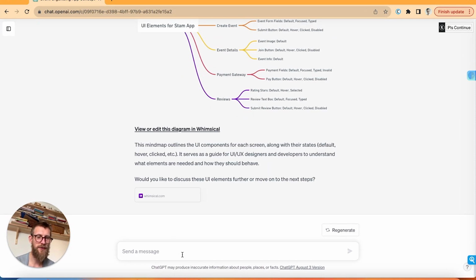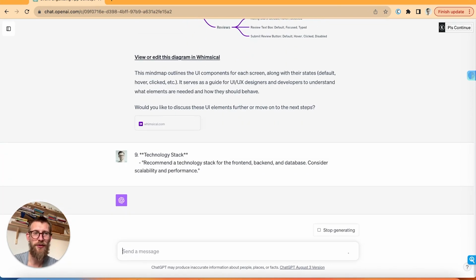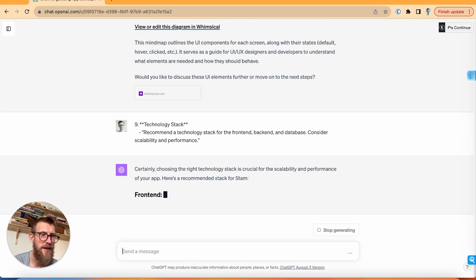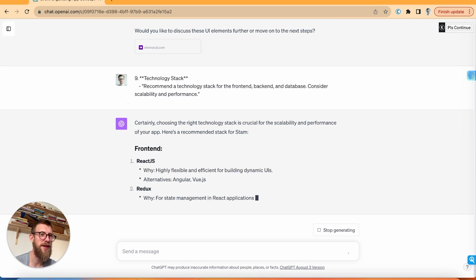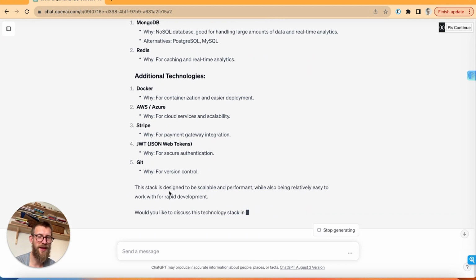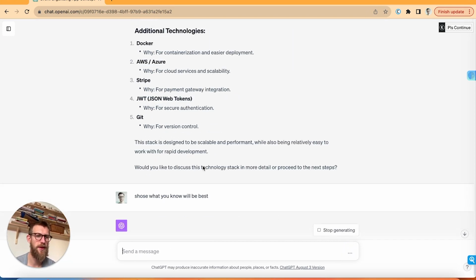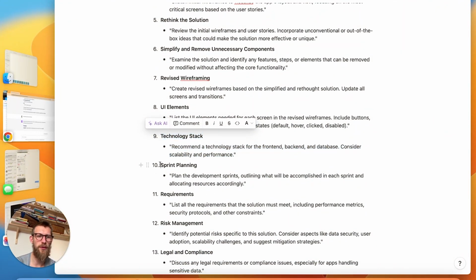So the next one will be to choose the technology stack that we're going to use to develop this. And we'll do this for the front end, back end, and database. And we'll just ask it to go with whatever it thinks suits. Choose what you know will be best. So it's going to choose now, and we'll be moving over to the next one,